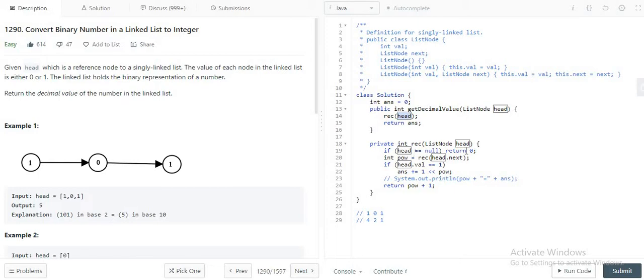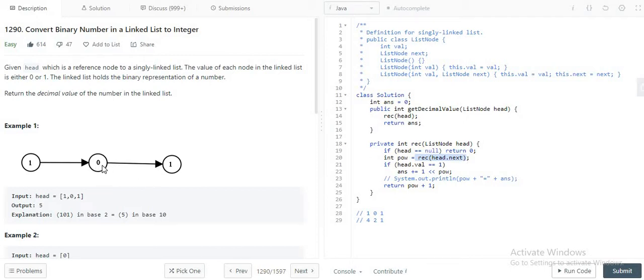In this recursive function, I am checking the base condition. If my head node is null, then it returns 0, because after that there are no more nodes and we cannot drill down more. If the head node is not null, let's take example one. Right now the first node is the 1. It will recursively call head.next, so it will go over here.